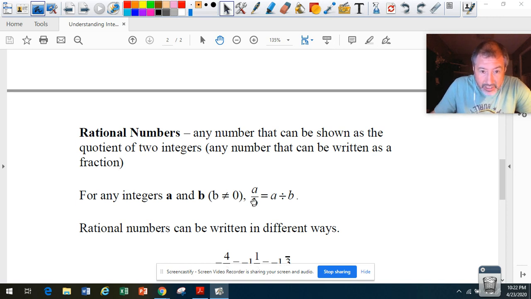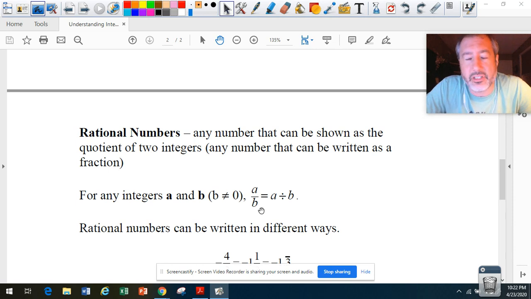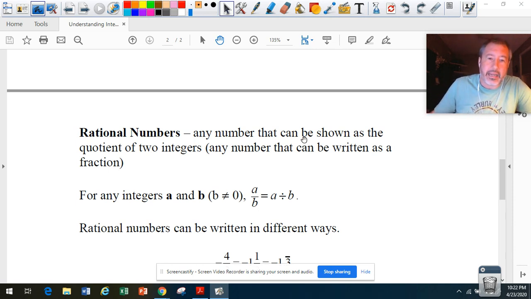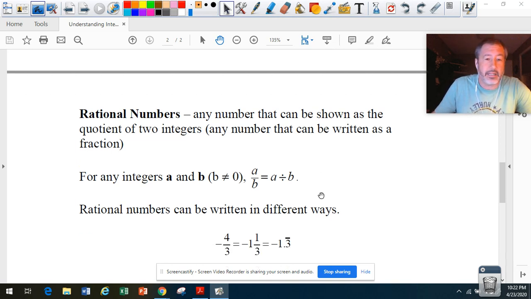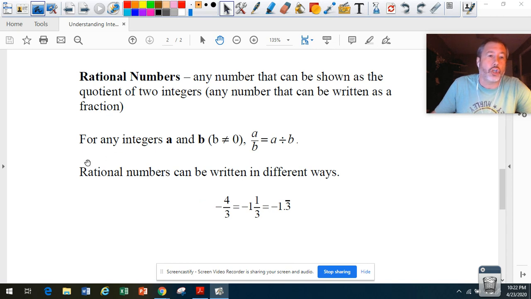because if we have a 0 in here, that means it's undefined. We cannot have a 0 in the denominator. So for any numbers a and b, if we can write this as a fraction, it is a rational number. It's not a whole; it is a rational. So we can write our rational numbers in different ways. So I have negative 4/3 is the same as negative 1 1/3, which is the same as negative 1.3, and